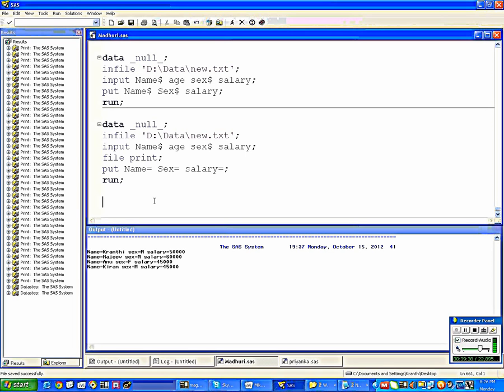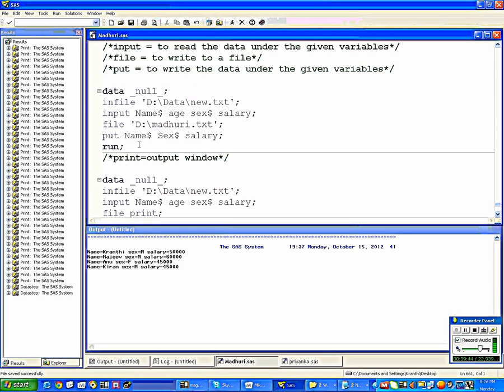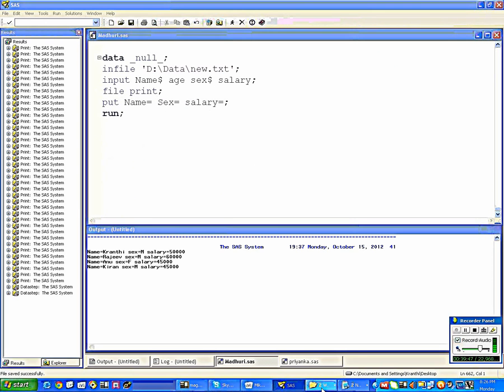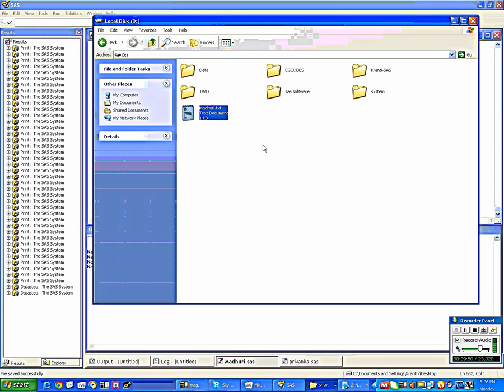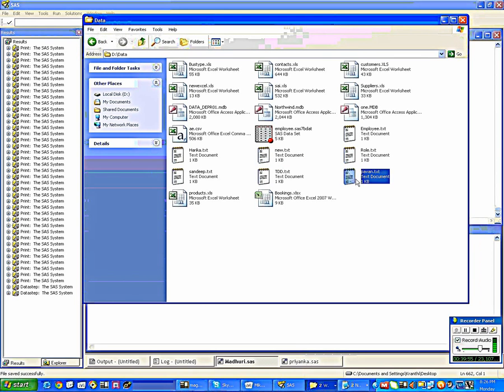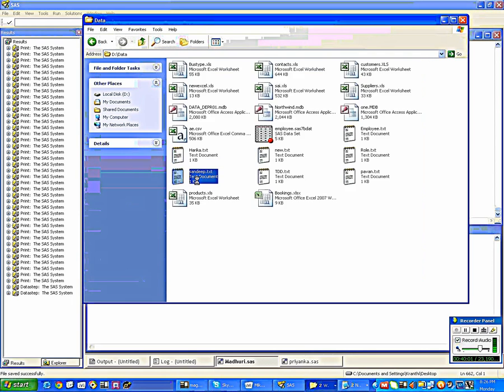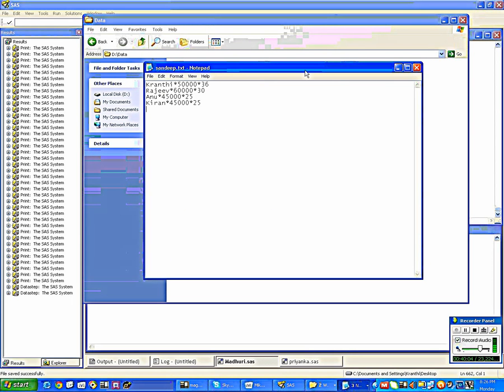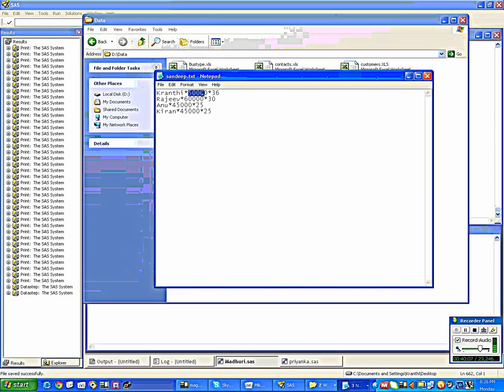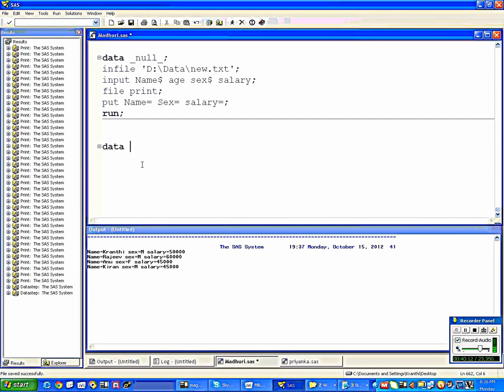Now, let us see the filename statement. So, what is the filename statement here? It is simple. The first one, what we did here: I have the data, right? In this location, D drive, I have a data folder. In this folder, I have so many files. See the Harika, I have some data here. Then see the Sandeep, I have some data here. And how to read it from the Sandeep? Name, salary and sex, separated by star. Where is the file? It is in the detail folder. What is the file name here?